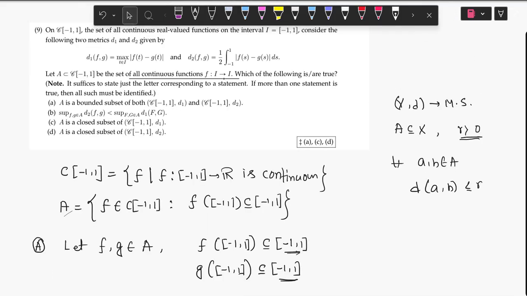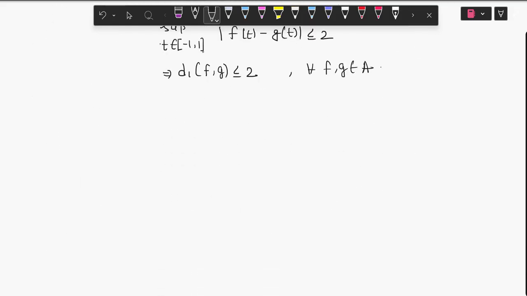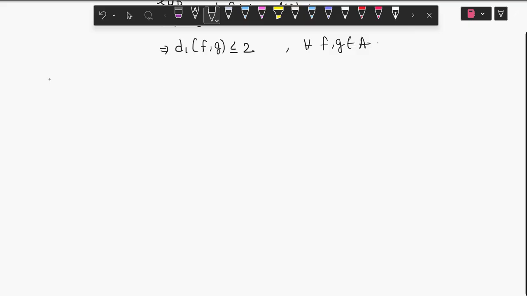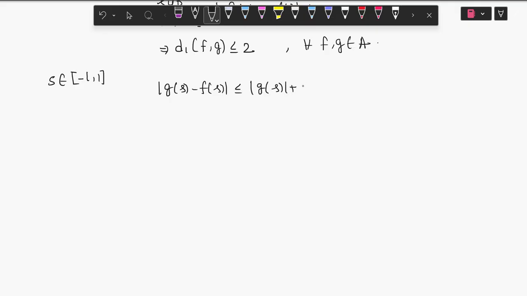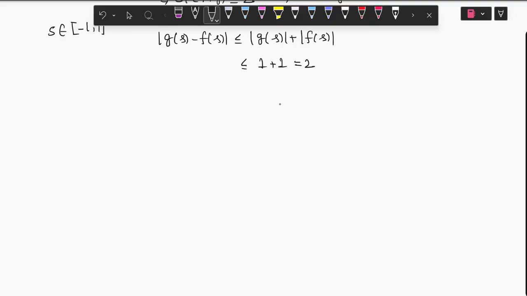d2 का मेट्रिक एक बार देख लो। d2 का मेट्रिक क्या है, 1/2 integration from -1 to 1 of modulus f(x) minus g(x) dx, right? So again what I am doing, I am choosing a point s in the interval [-1,1]। ठीक है ना। Now let us calculate the value of modulus g(s) minus f(s)। This is less or equals to mod of g(s) plus mod of f(s), हो सकते हैं ना। g(s) का मैक्सिमम वैल्यू अगेन 1 होगा, दिस इज अगेन 1, which is equal to 2, right? Therefore modulus of g(s) minus f(s)